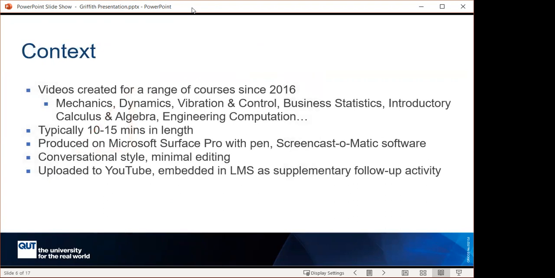So in terms of what I've done with this sort of worked example video approach, I've created videos for a range of courses since 2016. So it predates the COVID situation. I've mostly done it within engineering units, so mechanics, dynamics, vibration and control. So those are engineering units that run through from all the way from first year up to fourth